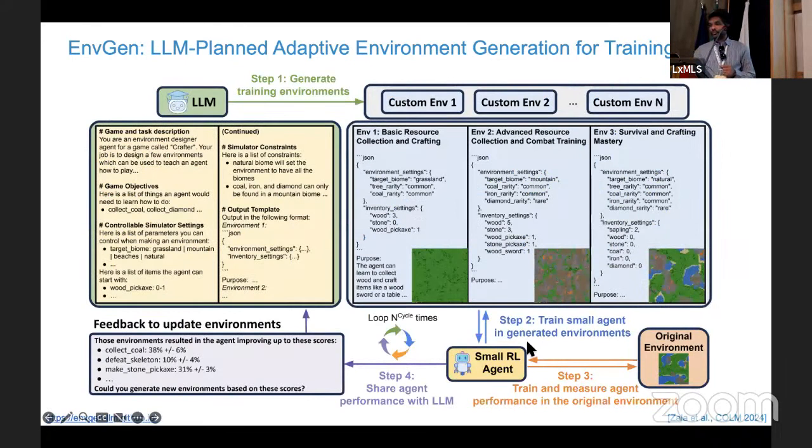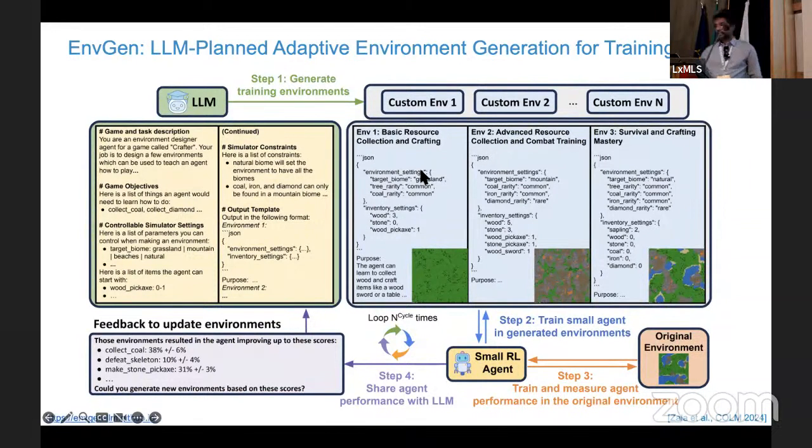If I zoom in a little bit more, this is known as EnvGen, LLM-guided or LLM-planned adaptive environment generation for training agents, right? So the idea is you have a small RL agent, and it can be any agent, right? It could be a model for any task, right? And then you would basically ask the agent to share its performance with the LLM. Some fine-grained feedback goes to the LLM. It uses this feedback to generate new kinds of environments, right?